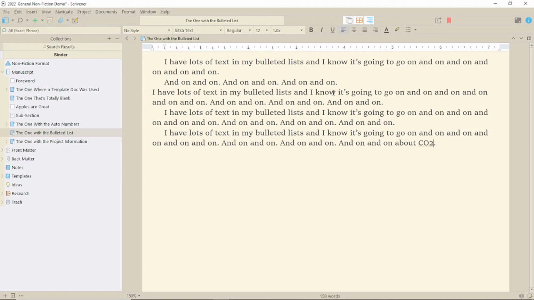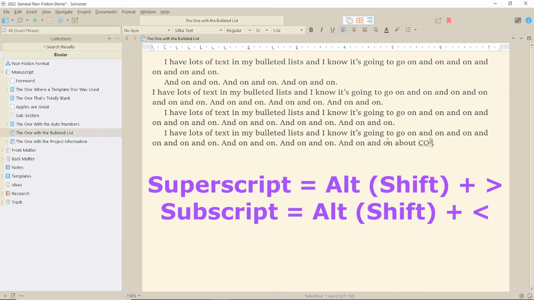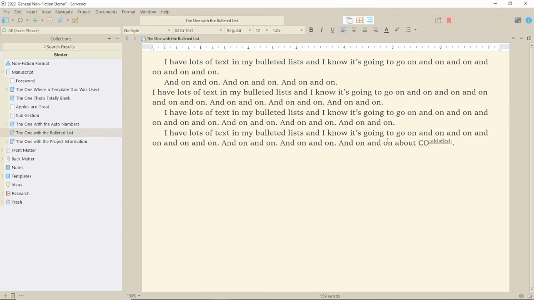If you need to do this frequently, you'll see there are commands too. You can either highlight the text and use these, or use the command and then type. Of course, this leaves you in super or subscript, so you need to cancel that afterwards. To turn it off, press the command again, and you'll be back to normal text.